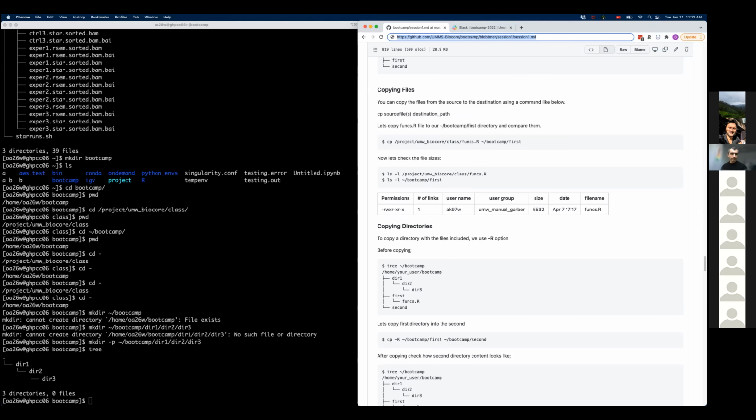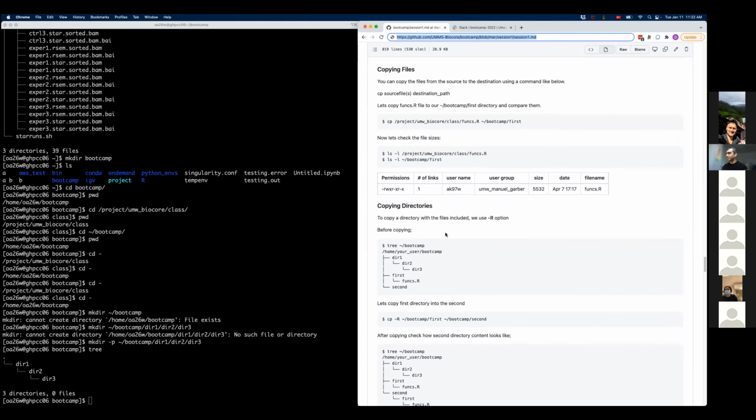Can you put it in the chat? It's already in the chat. Samuel also shared it. You just click that, and it should open up the same page. Oh, that's going to take a while. I'll just finish typing it.